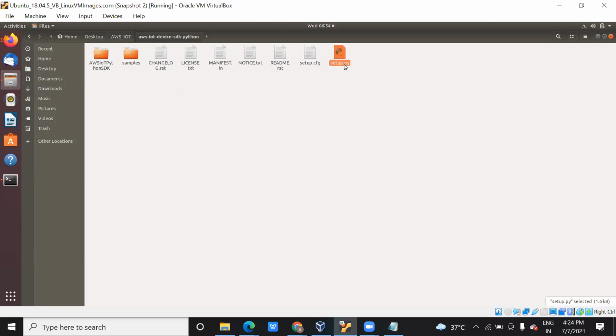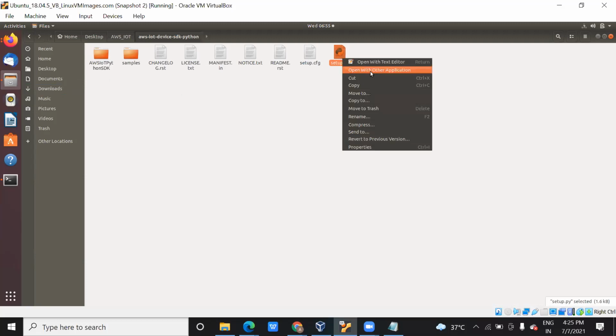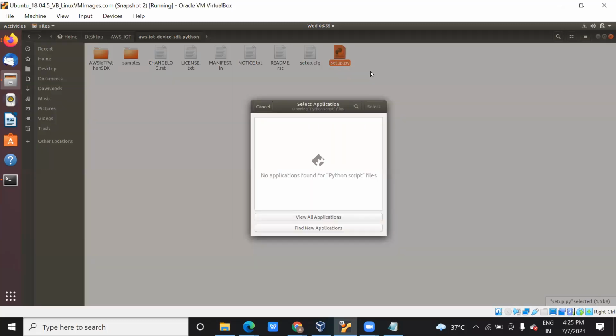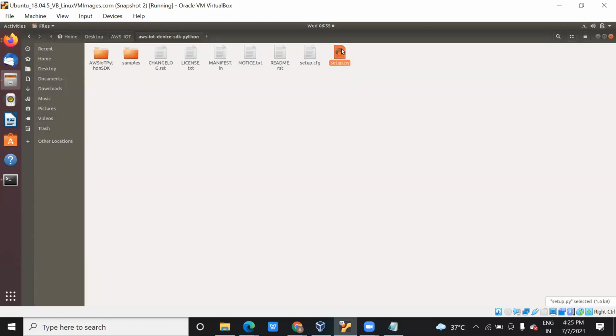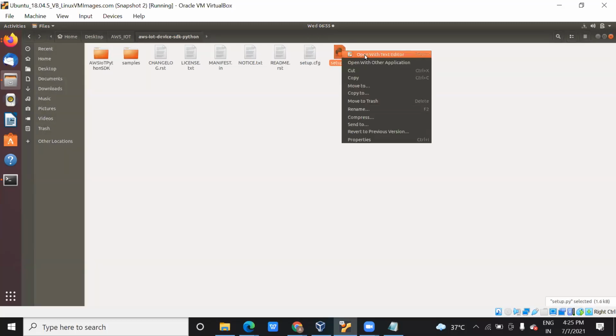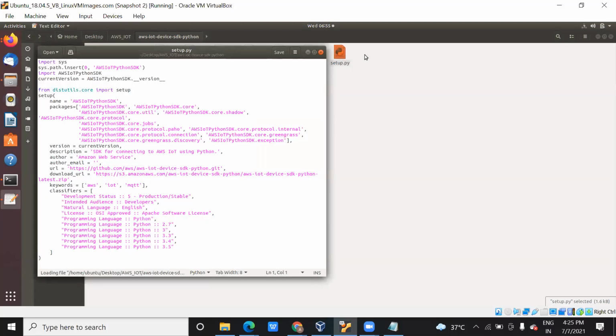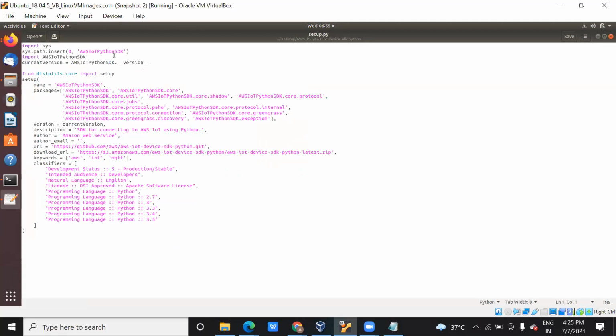Because I selected in AWS that I want the file in Python so that I can run it on my system, that's why it has given me Python. If you want, you can see here also what the file actually looks like. So you can see this is a file written in Python. You can use any language here.